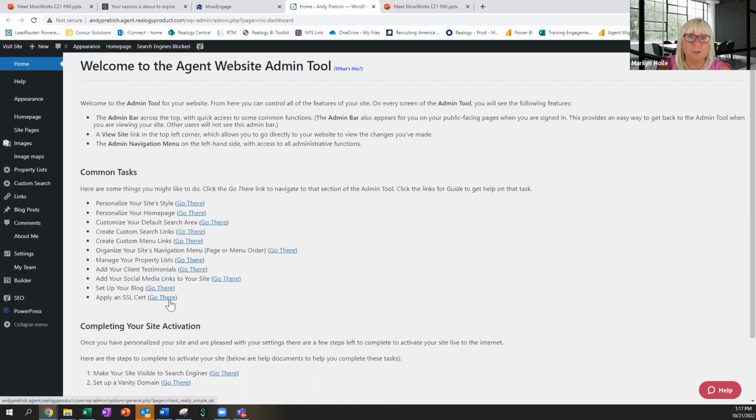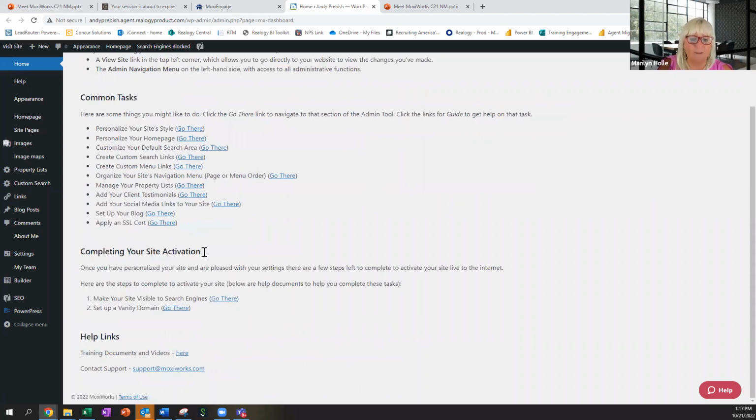You have to make it a secure site, and it's right here, apply SSL cert, and it says go there, and all you do is click on a button. And then it also tells you here to complete your site activation, you have to make it searchable to search engines. The reason that right up here it says search engines blocked, the reason that it is done that way